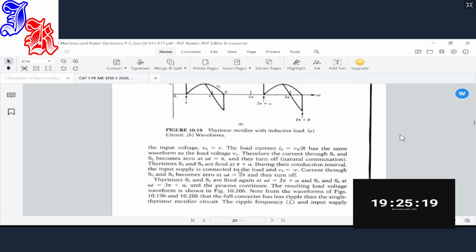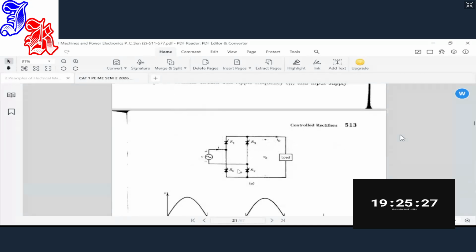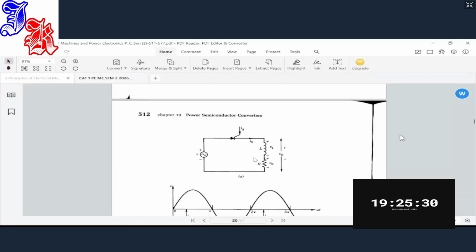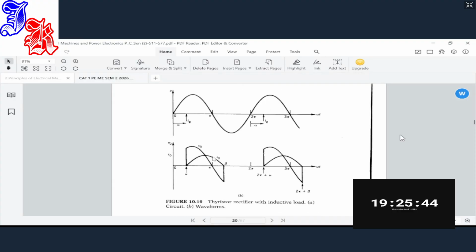So that is a single thyristor with an inductive load in place. And mostly when we only have one, we're only converting one cycle, positive or negative. We can either convert, or this thyristor could have been made to be forward biased to the negative. Now we'll be converting the negatives, which will be on the upper side, depending on how you have done the connection. So for this kind of circuit, we call them half wave